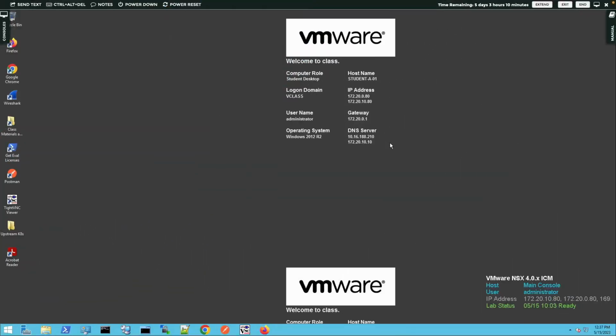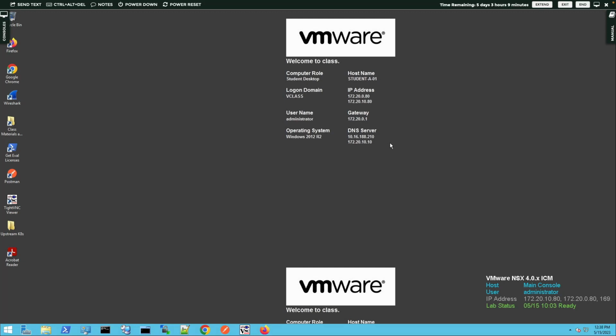Welcome to lab number 1 of the NSX 4 Install, Configure, Manage class. Now, lab 1's pretty straightforward. Lab 1 is all about reviewing the lab environment and topologies. So this is kind of an introductory lab to get us accustomed to what we're going to work with here and get us working a little bit with the lab environment and understanding the overall environment that we'll be